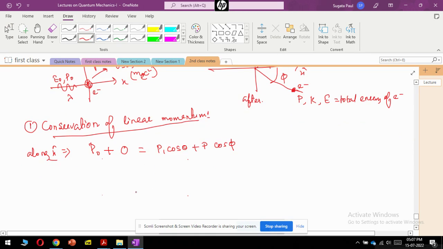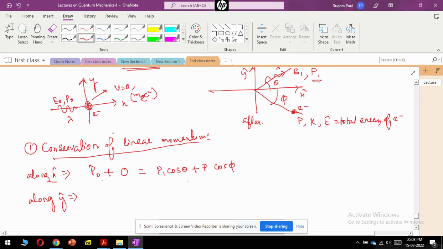I think all of you are comfortable with this equation. Now along y cap we do the same thing, that we just equalize the components. Before collision, since the entire momentum was along x, along y direction there was no momentum at all, so 0 plus 0. And after collision, the y direction component will be just p1 sin theta for the photon case,